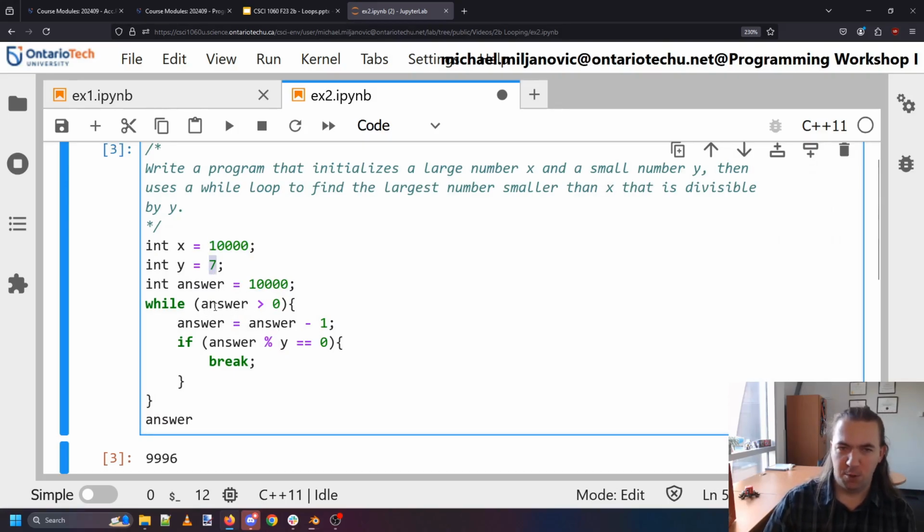And I can't use a for loop for this because I don't know what the answer is going to be. I don't know how many times this loop is going to go. But in this case, it went about 4 times. And once it did, we exited the loop, and now we are done. Okay, on to the next one.